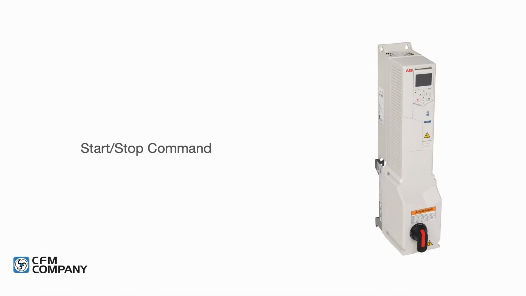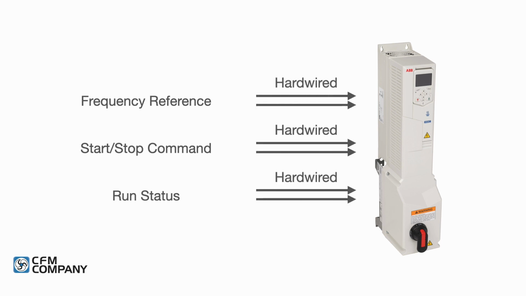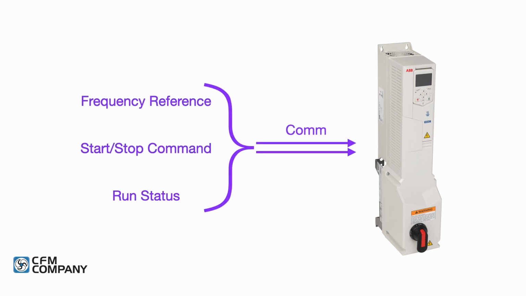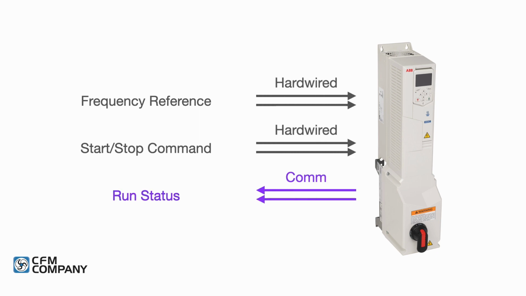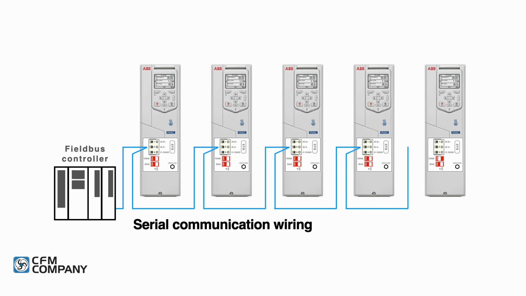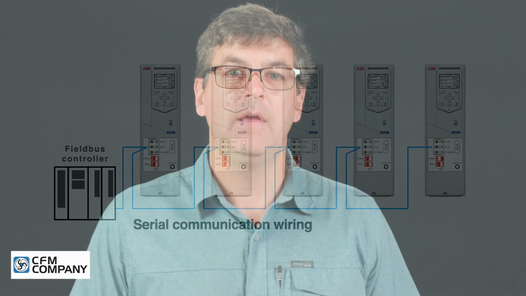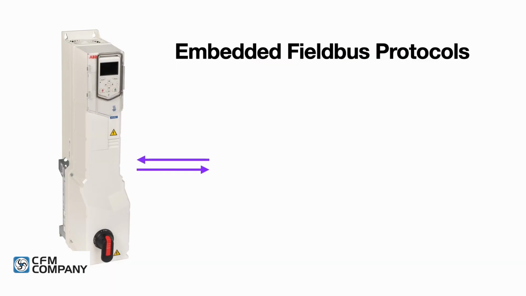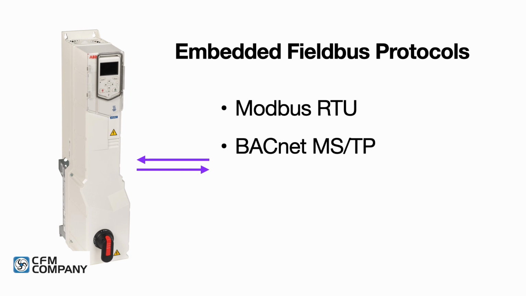Depending on the building automation control sequence, the start-stop command, frequency reference, and status can be either hardwired, sent over serial communications, or a combination of both. The advantage of using serial communications is that the VFD control can be accomplished using a single pair of communication wires. The ACH580 includes the following standard embedded field bus protocols: Modbus RTU, BACnet MSTP, Johnson N2, and GP1, a